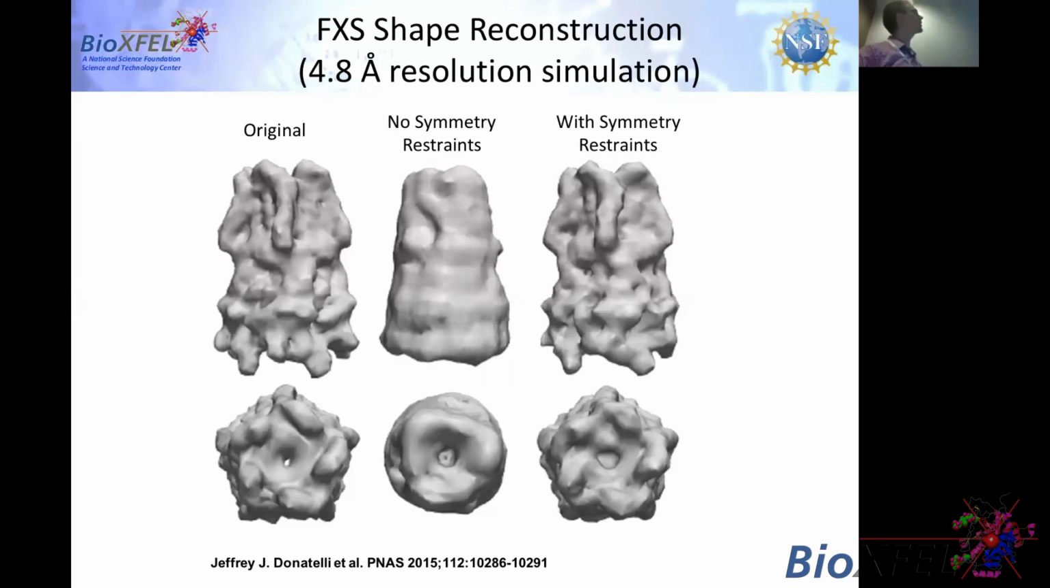And just a real quick slide: this is some simulations that have been done that show that you can use fluctuation scattering to get very high resolution information. In this case, 4.8 angstrom, compared to SAXS or WAXS, which allow you to get essentially zero ab initio shape information out to this resolution. And you can reconstruct with these symmetry restraints, in this case, very close models to your original electron density function. So real quick,